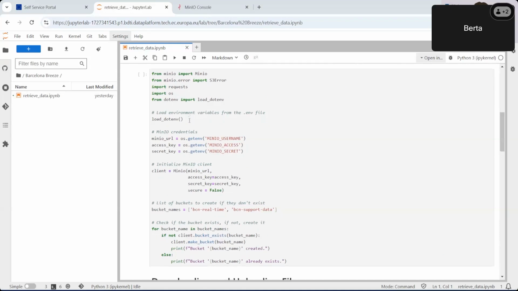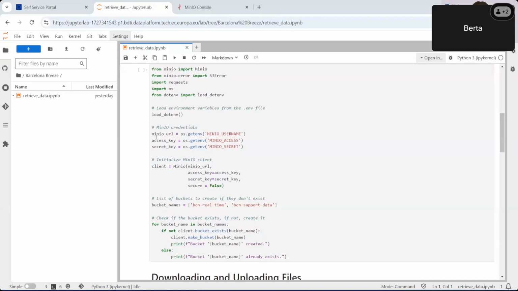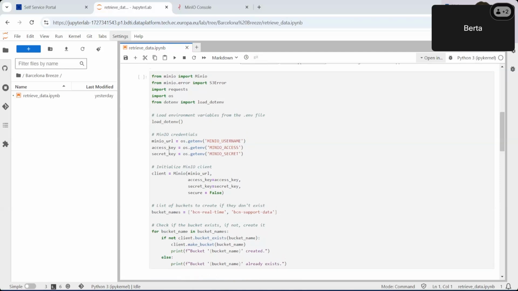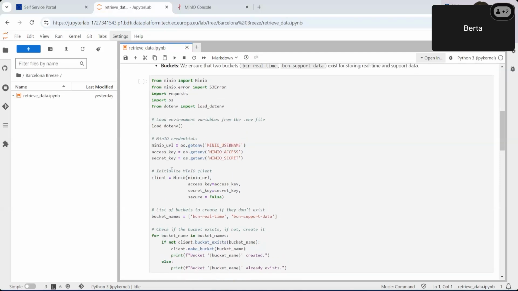Then we're loading the environment variables from this file with this function here, then storing the credentials from that file as MinIO URL, access key, and secret key. We're then using the MinIO function to initialize the MinIO client, which uses the URL that we set and got before, the access keys, etc.